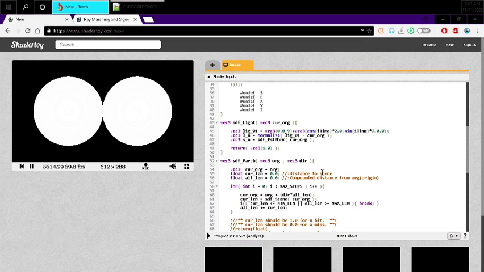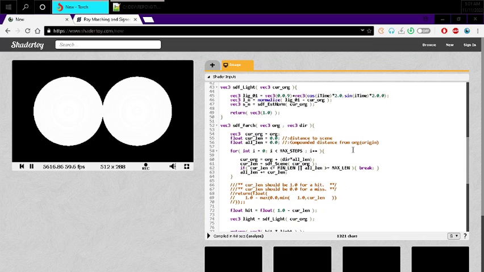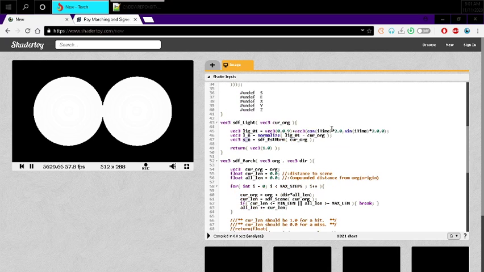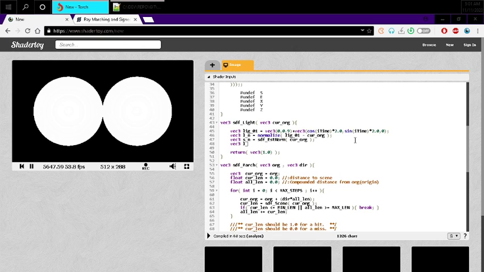Okay, so now that we have that, SDF light, I gotta say, I don't really see much lighting here. Oh, well, alright, because we still haven't done our calculation. So we got the light normal, we got the surface normal. But right now we're just returning 1.0 for maximum intensity. But we now need to do the math. So with the light normal and the surface normal, all you got to do is for vec3 light intensity, Li